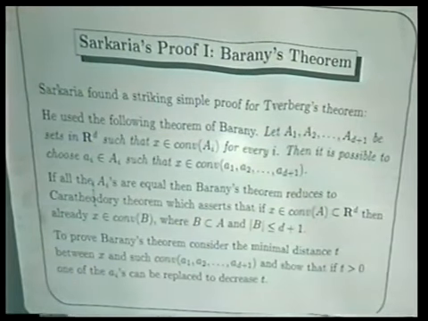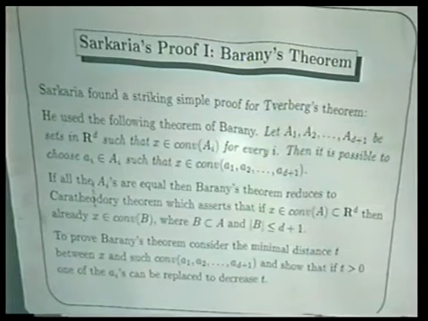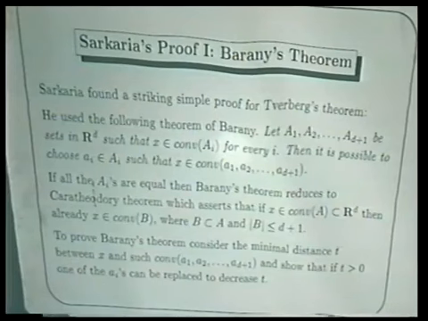And note that if all the A_i are the same, this is no other than an old and classical theorem of Carathéodory, which says that if a point in R^d lies in the convex hull of a set, then it's already in the convex hull of D plus 1 points in the set. Okay, now this is a Bárány theorem, and in order to prove Bárány theorem, we will